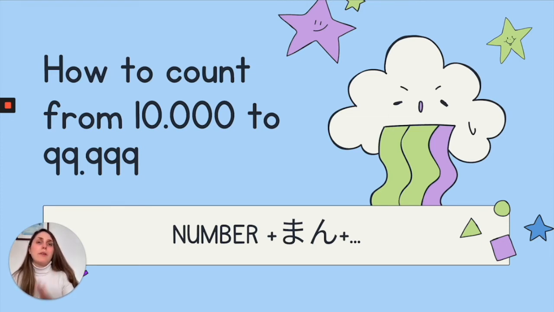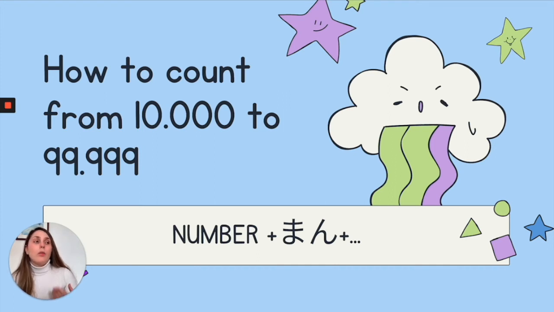For example, if I want to say 20,000, it would be ni man. That's 20,000. If I want to say 25,000, it would be ni man go sen. So ni man go sen would be 25,000. So that makes it hard when we go up because we don't have a term anymore. We do have another term further, but let's imagine you want to say